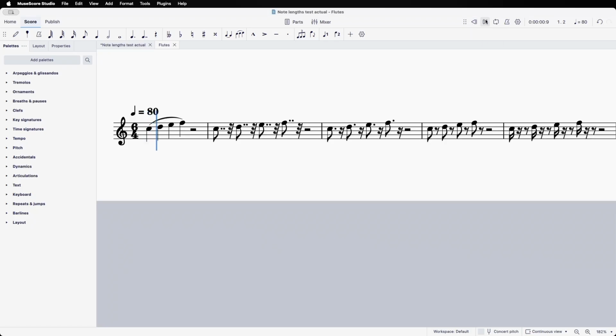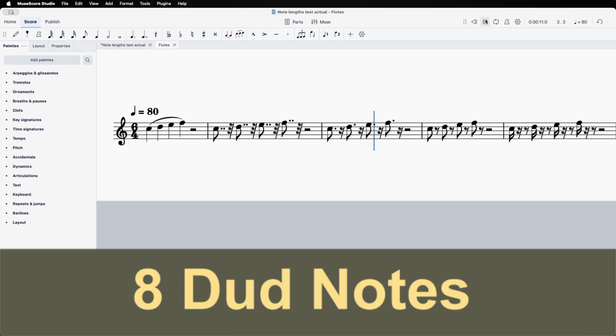When you work around the absence of mezzo staccato, like this for example for the Muse flute, it seems these isolated quavers trigger the duddest of Muse Sounds dud notes. Listen to that E. For some reason, the samples of isolated notes are the least secure. The workaround for that is to use a different instrument.